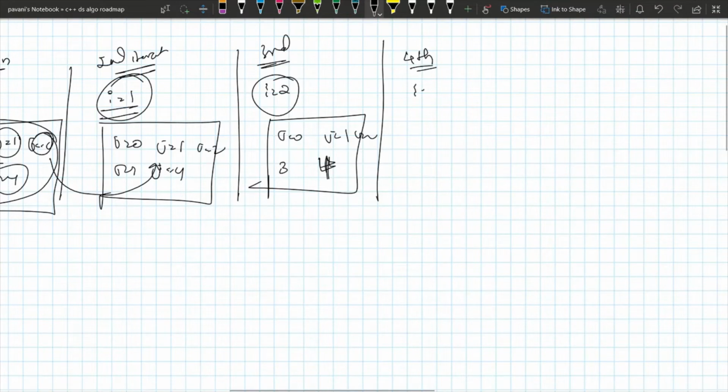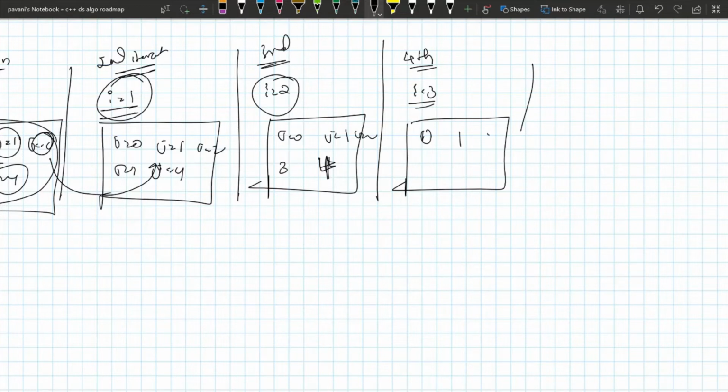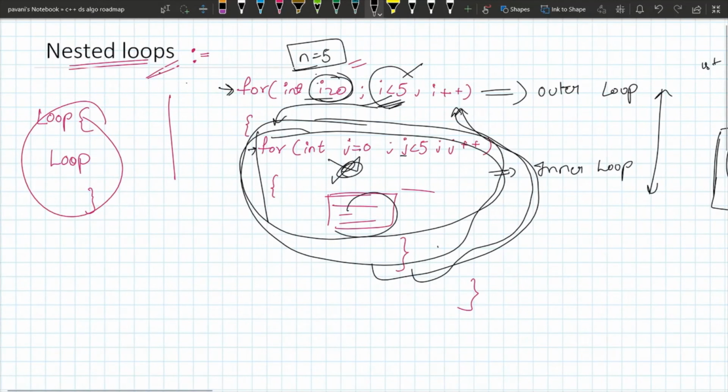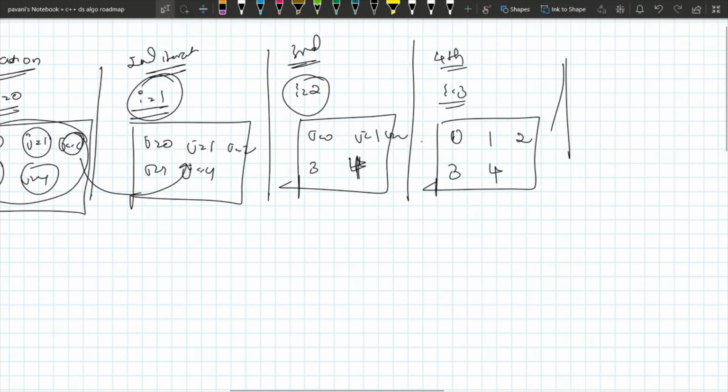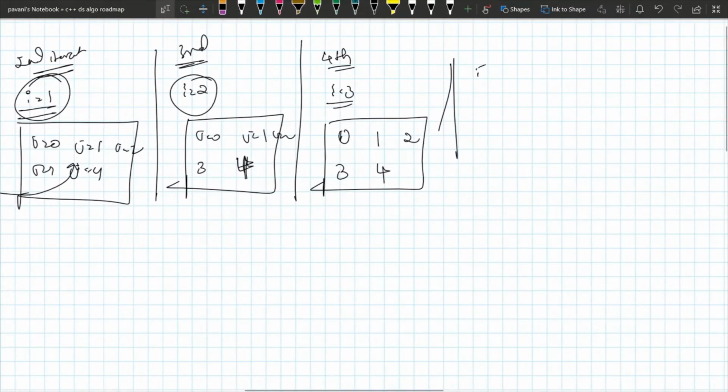In the fourth iteration, I value became 3, and again 5 times: j equal to 0, 1, 2, 3, 4. This is going to be executed, and after the inner loop block of code in the outer loop is executed, the cursor goes to the increment or decrement part of the outer loop. It checks the condition: I value 3 is less than 5, that's true, and the cursor enters the block of code written in the outer loop. As the block of code is an inner loop, it enters the inner loop.